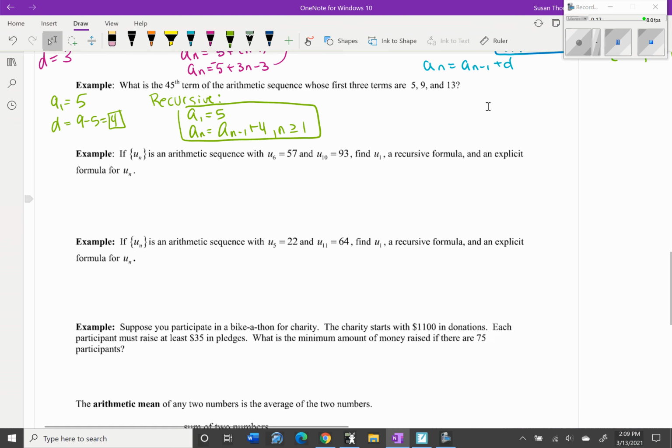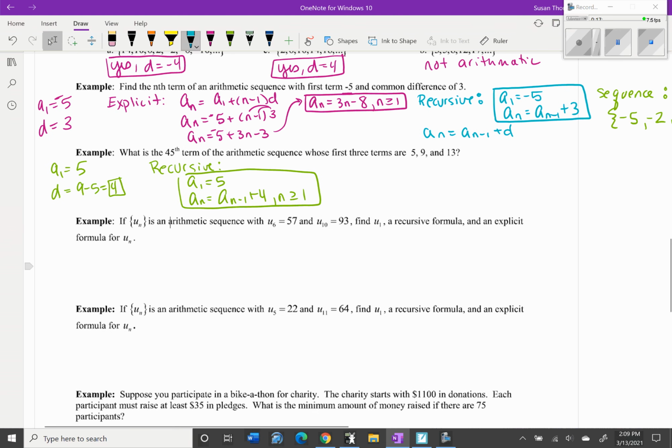Which reminds me, I need to go back up here because I forgot to state that for the recursive form, n is greater than or equal to 2. And so, oops, I wrote 1 here, sorry, 2 for this one because it takes the previous term. So now we have our recursive form, so then the explicit